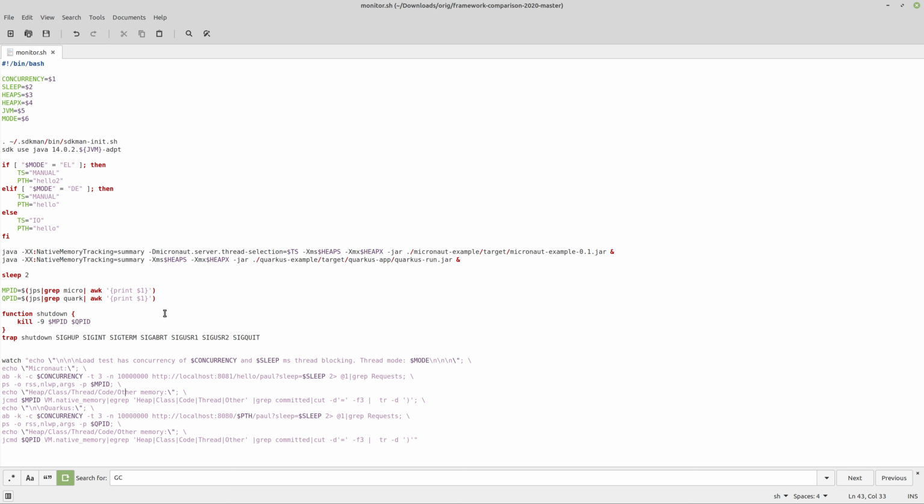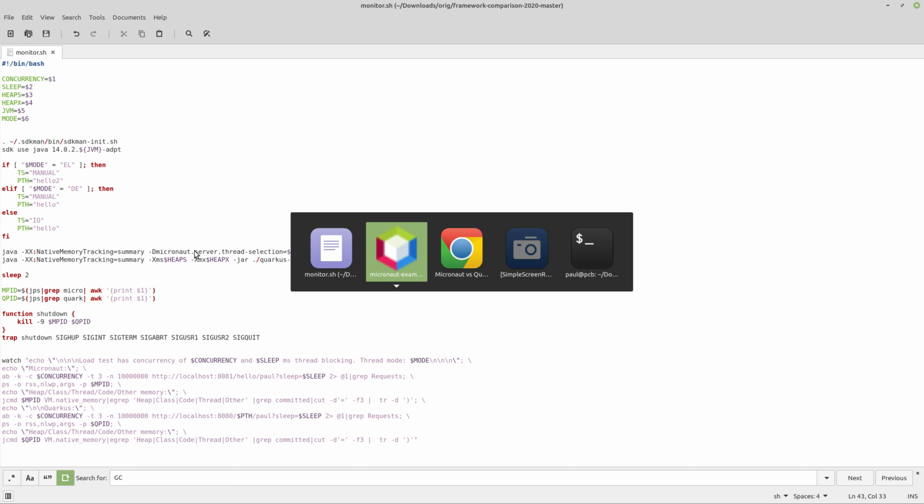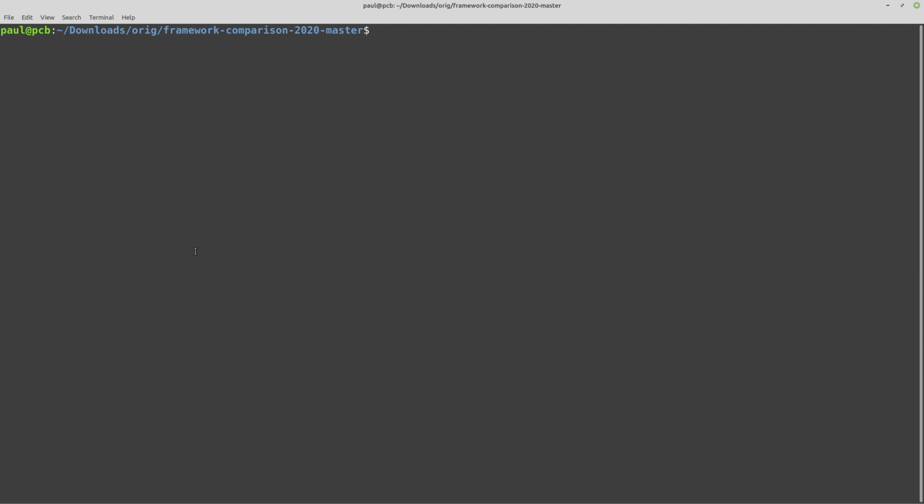So that's what I'm going to be doing. It allows me to pass in a few different parameters and see the results of what the two different platforms are doing in terms of memory utilization and throughput, which is what I want to focus on here. So I'm going to start off by running the script with a concurrency of 20. That's effectively as though there are 20 threads hitting